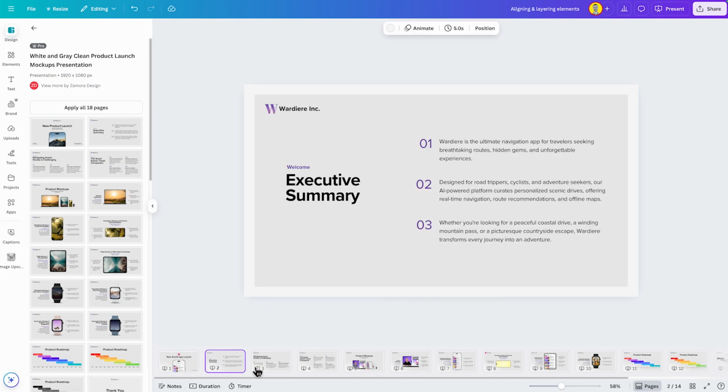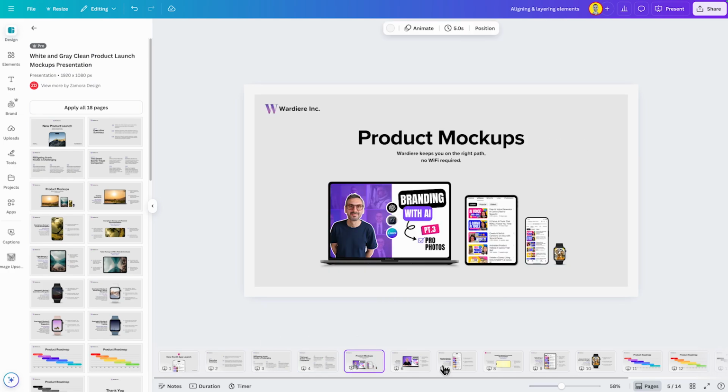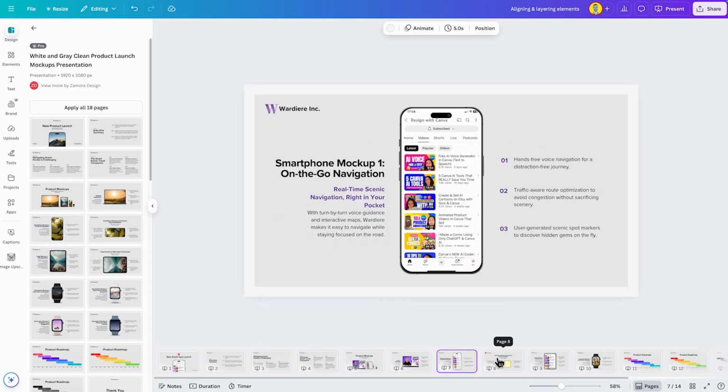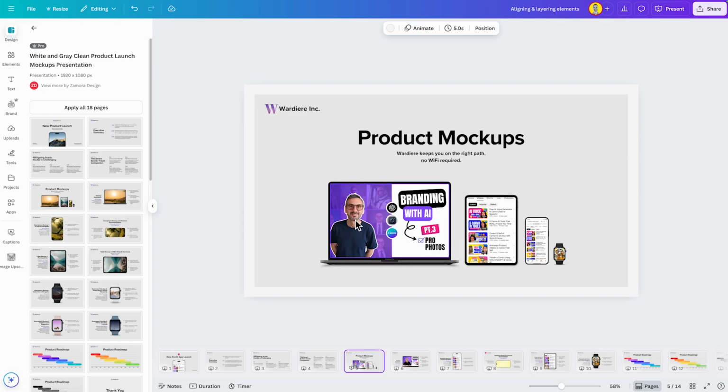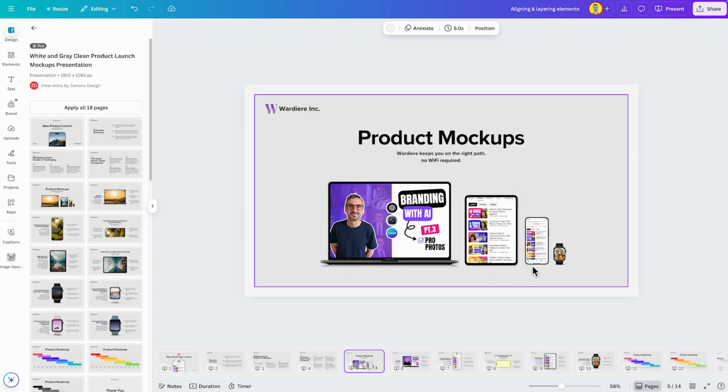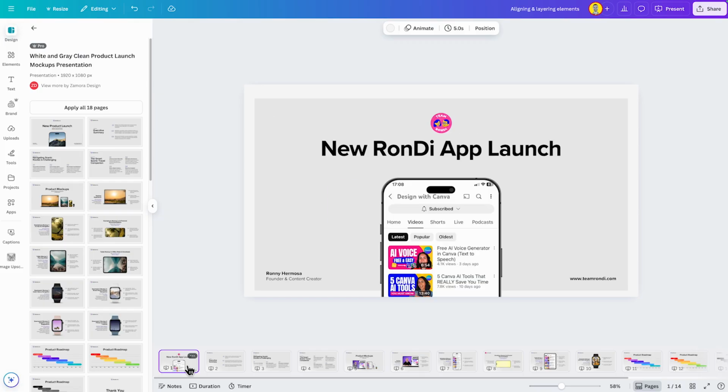And it has these different pages. It's quite text heavy, and it has all of these mockups to kind of display your app in the different devices. Okay, I put some RONNY material here just to make it a little bit more on brand. Let me